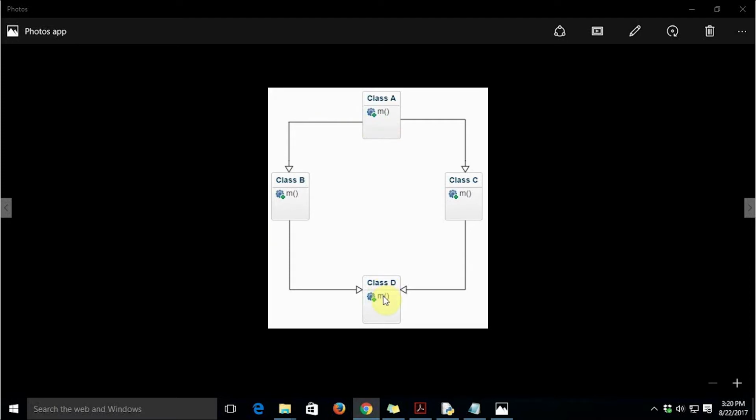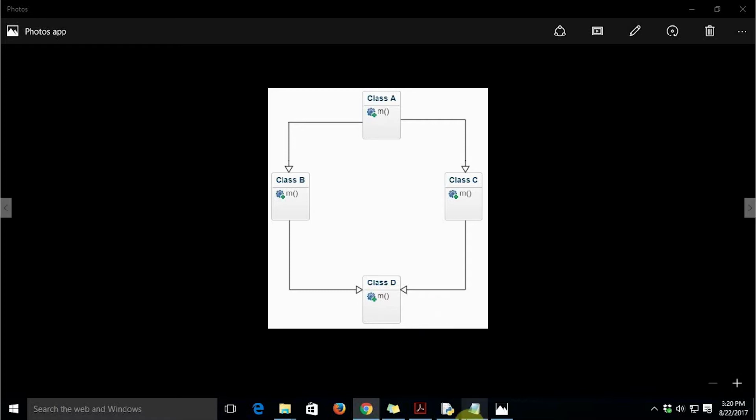Inside method M of class D, I can call the method M of class A, but the question arises through which route the properties of inheritance will propagate, because we have two paths, right? This is a common problem where we have a common ancestor for classes that are one or multiple levels above in the hierarchy. This sort of problem is known as the diamond problem.